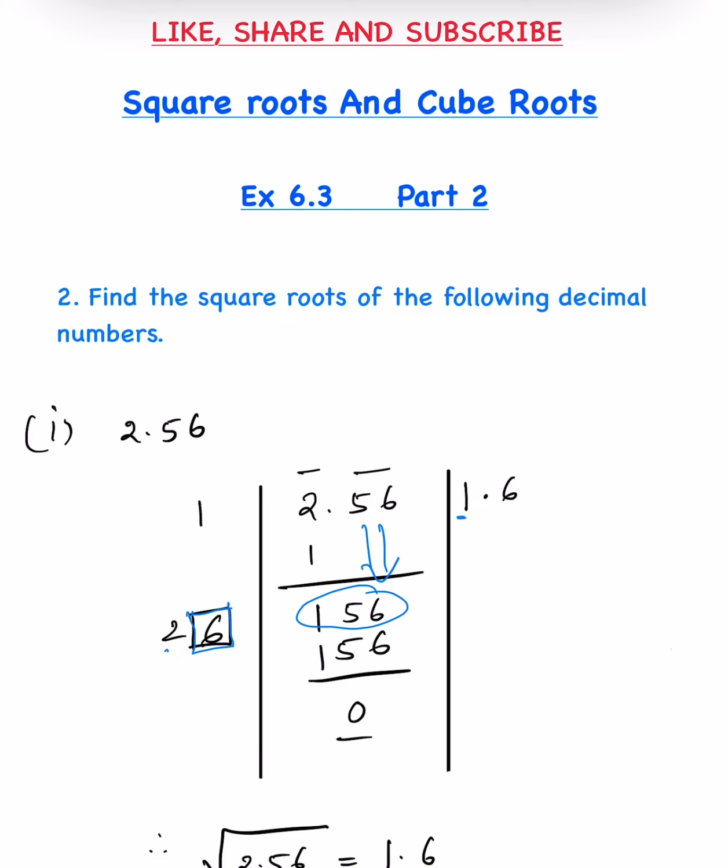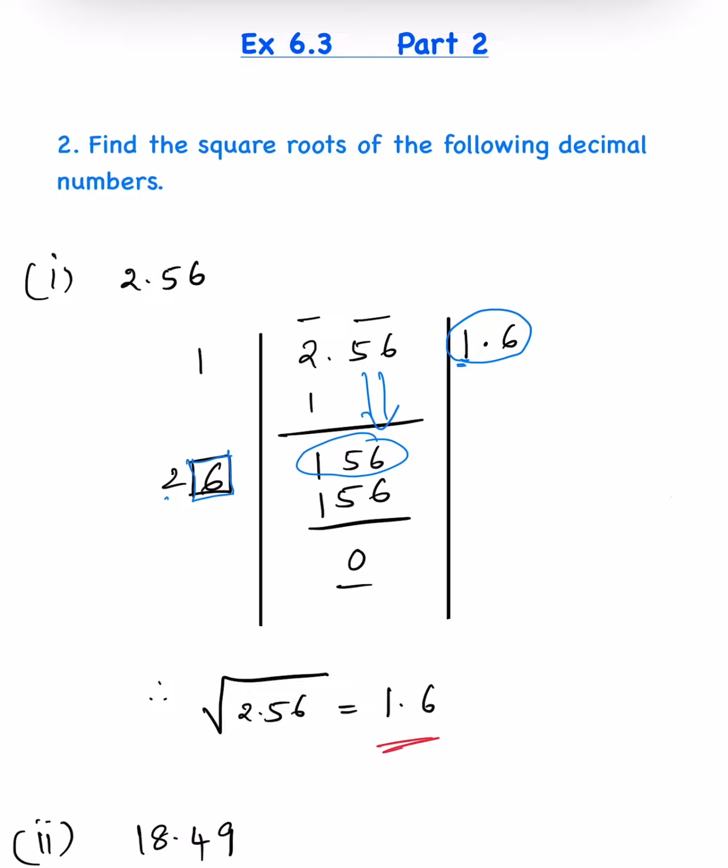So here after the integer part we put a decimal in the quotient also, because 5 6 is the decimal part. Before we bring it down, we put a decimal. So the answer is square root of 2.56 is 1.6. Similarly,